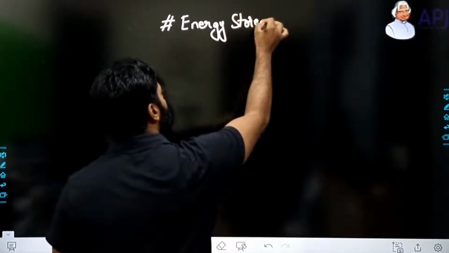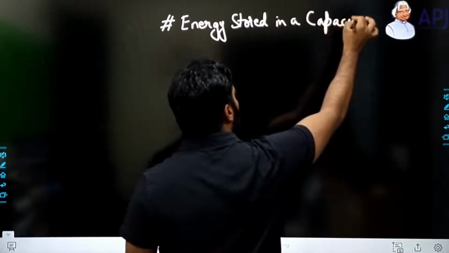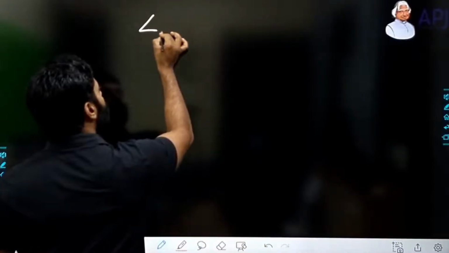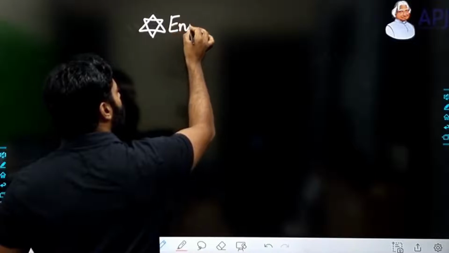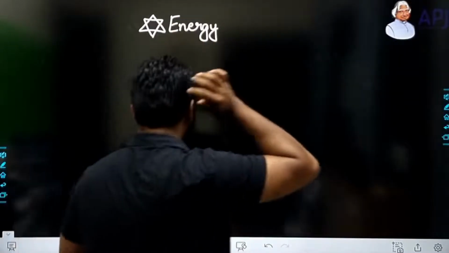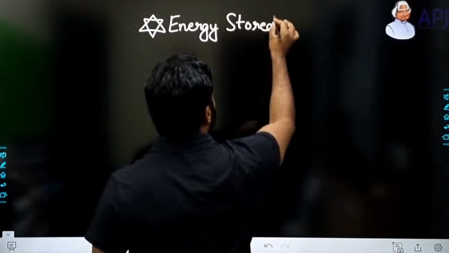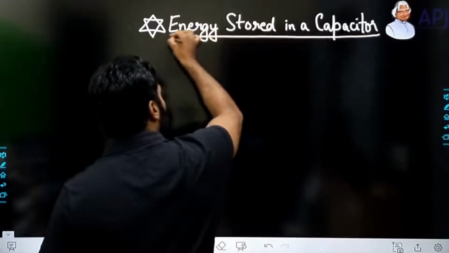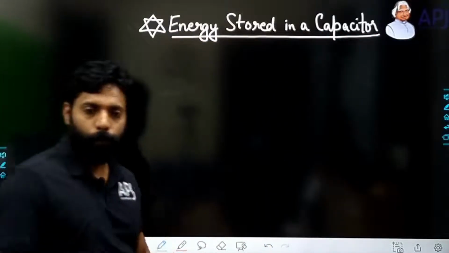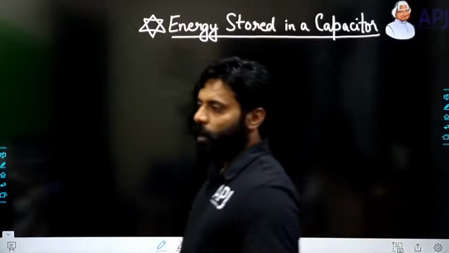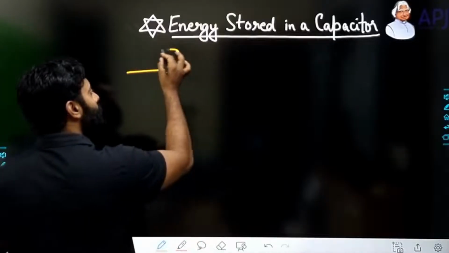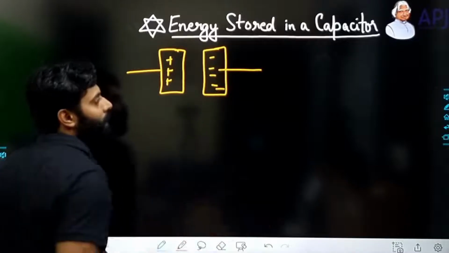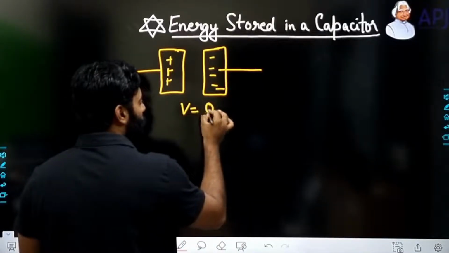Now energy is stored in a capacitor. If somebody asks you that what is the energy stored in a capacitor, I'll write energy stored in a capacitor. अगर कोई आपसे पूछ ले तो आप क्या बोलेंगे, what will you tell? आप बोलेंगे सर, एनर्जी का मतलब क्या, वर्क। तो कितना वर्क हम काम करने में लगाएंगे, पॉजिटिव प्लेट से नेगेटिव प्लेट में एक चार्ज को लेके जाएंगे तो कितना वर्क हमारे पास हो जाएगा। तो पोटेंशियल इज इक्वल्स टू Q बाय V,